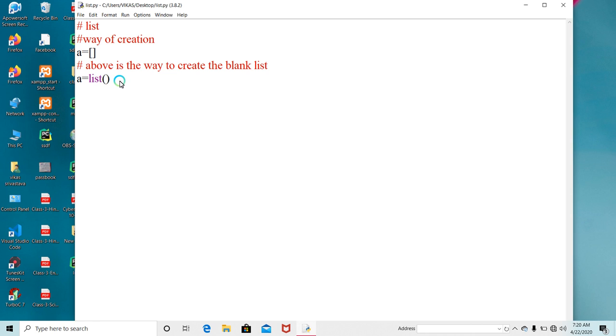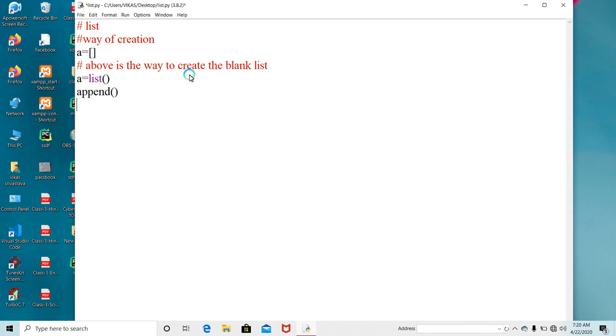If we have created a blank list, how will we insert an item? For that we have some ready-made functions of the list, and the first method is append.